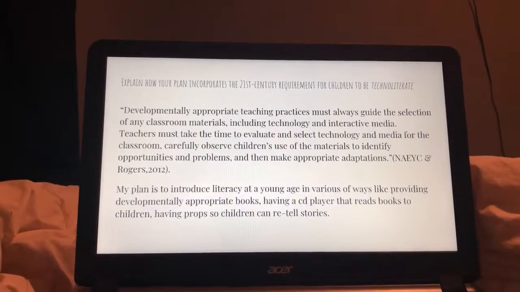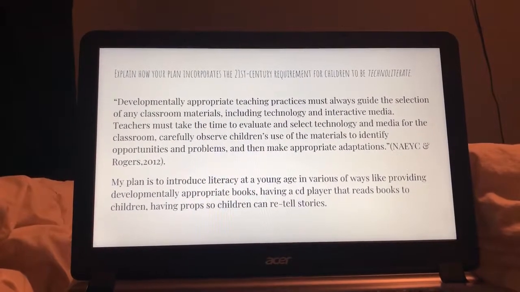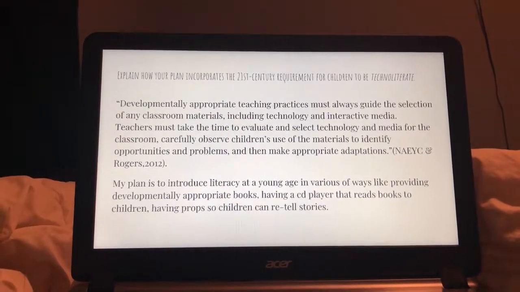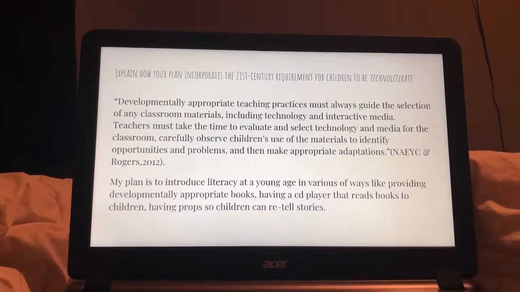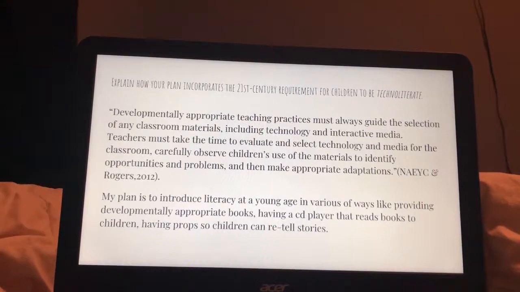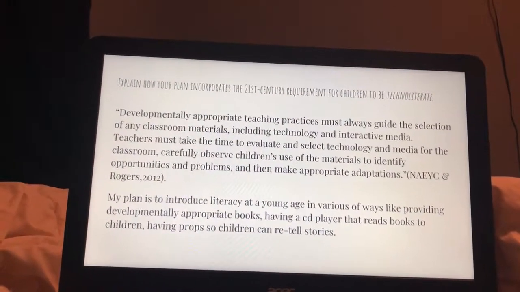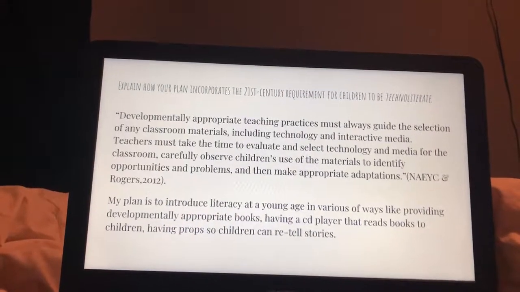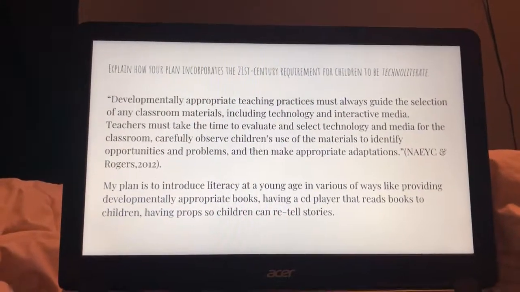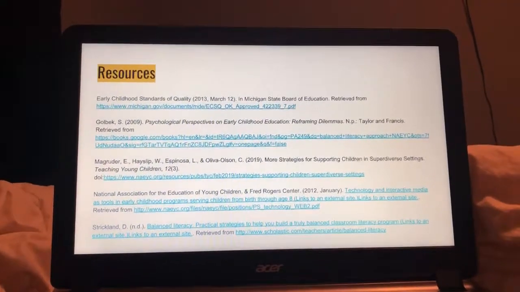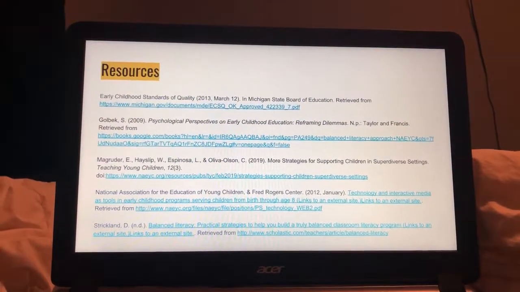My plan is to introduce literacy at a young age in various ways, providing developmentally appropriate books, having a CD player that reads to children, and having props so that children can retell the stories. One thing that I like is having the CD player that has books and having the book in front of them so children can follow along and begin to recognize the words and the sounds that the letters make. These are my resources, the Early Childhood Standards,